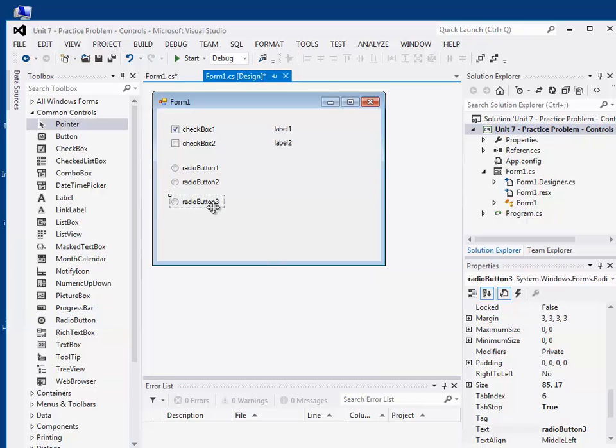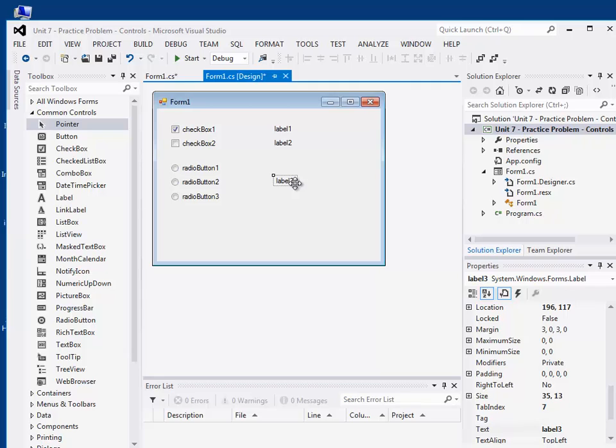Now radio buttons are a little different than checkboxes in that only one can be selected at a time. It comes from the old car radio, when if you push one button in, the other ones pop out. Only one radio station can be tuned in at a time. So I'm going to have one label here. It'll just show the status of the radio buttons. I'm not going to rename these right now. Just radio button 1, radio button 2, radio button 3, and label 3 will be the 3 things I'll be